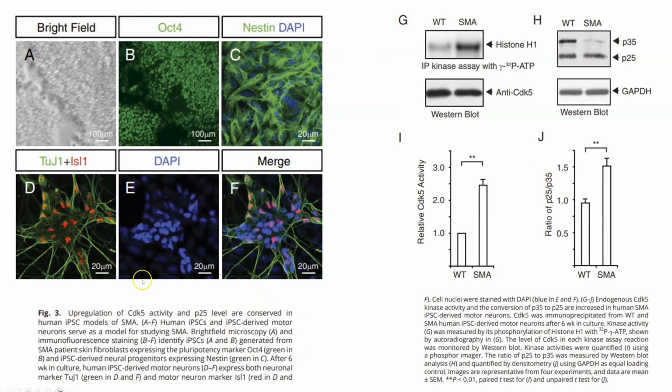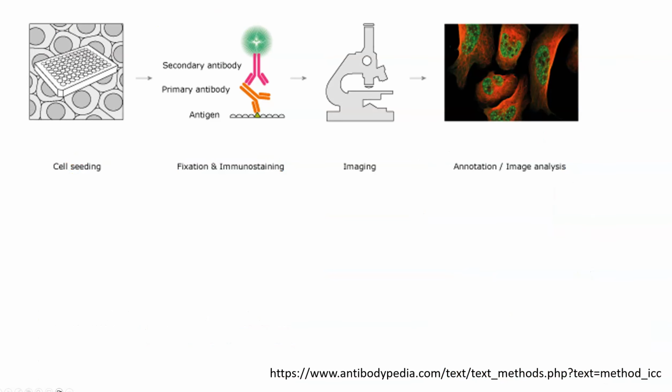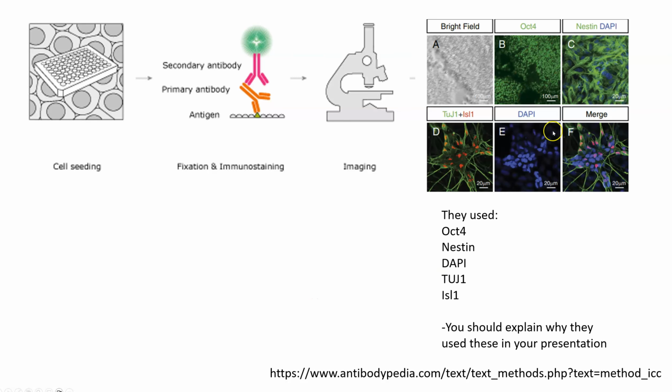They looked at islet 1, TUJ1, OCT4, nestin. You might want to talk about what those are and why they're important. And then they did imaging on a microscope, and then you get these really cool fluorescent images. And this is the figure, and I'm going to walk through what we saw, where we saw it, and then